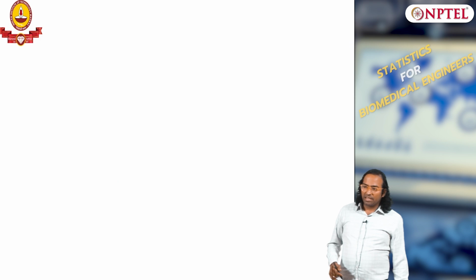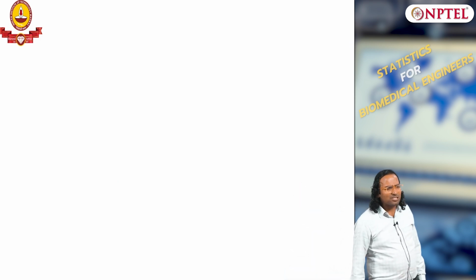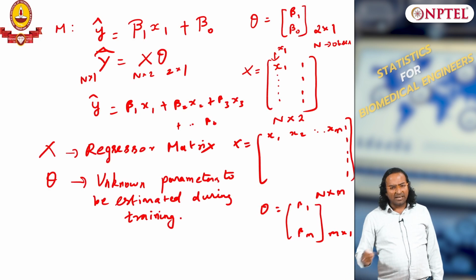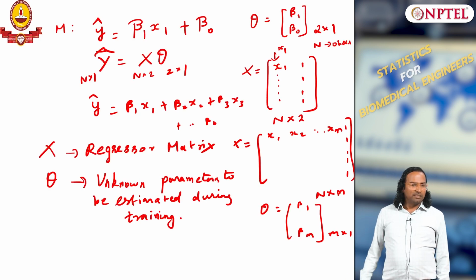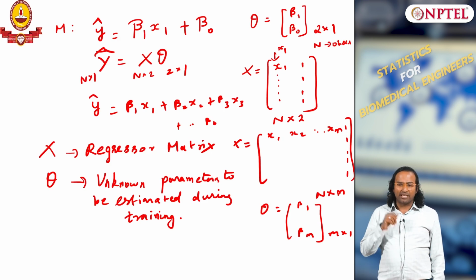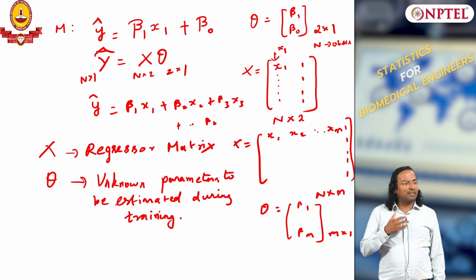Now, if we are building a model, when can I say this model is good or bad? There are two questions here. When can I say first the model is good? The other one is, suppose I estimate theta using some methodology, when can I say that my theta is good, right?